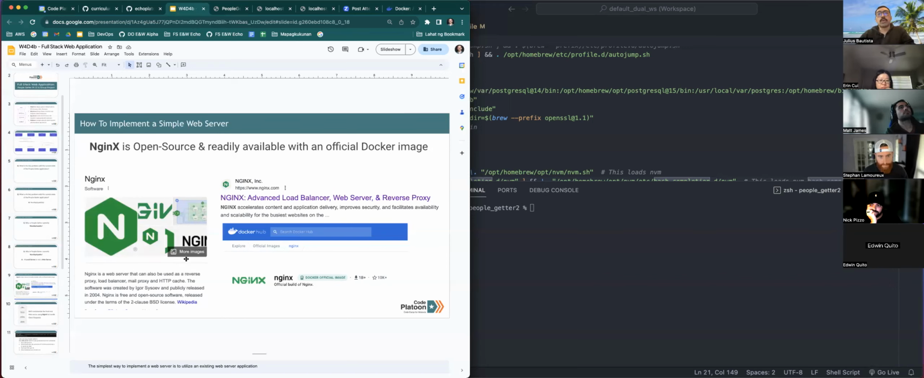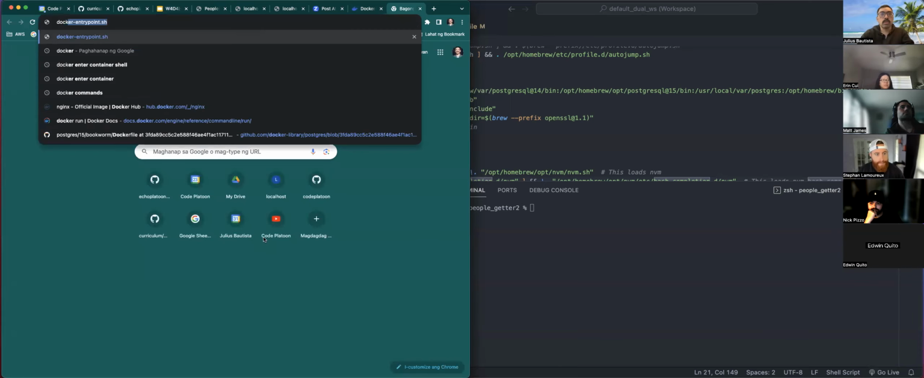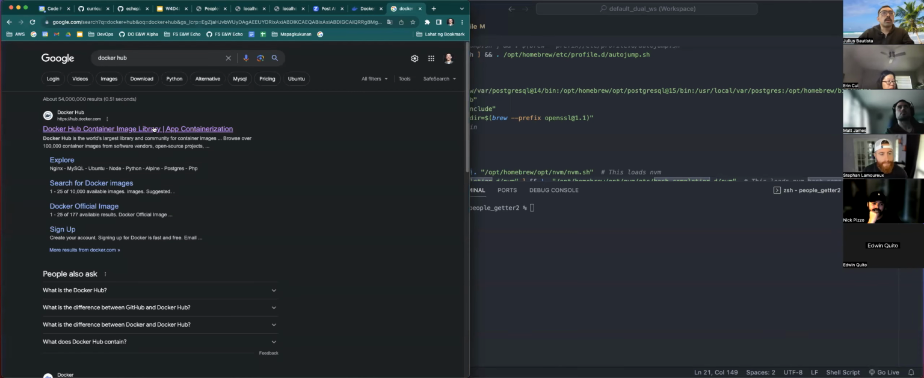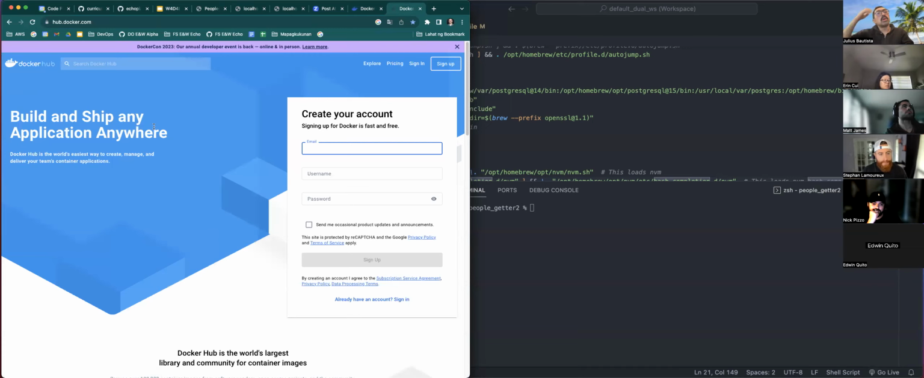NginX is an open source and readily available Docker image. You just go to Docker Hub. Let's take a look at that actually. Docker Hub will show you